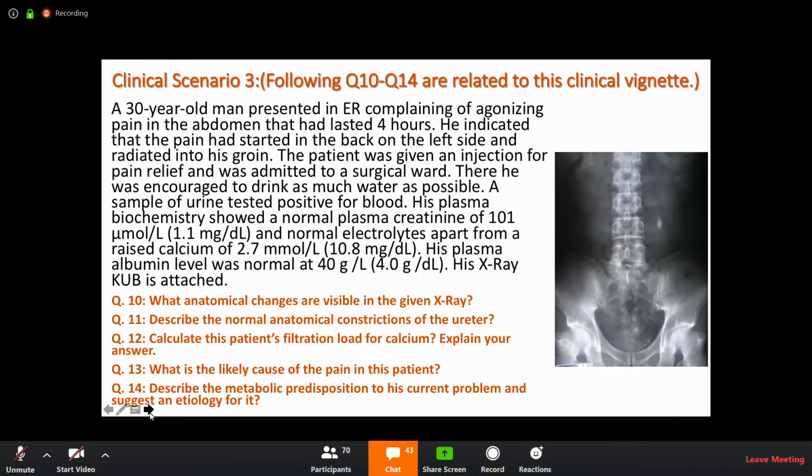Take that fraction, multiply it by 2.7 or 10.8, and then multiply that by 125 for the glomerular filtration rate. And that will give you the exact filtration load, simply because the bound calcium will not be filtered through the